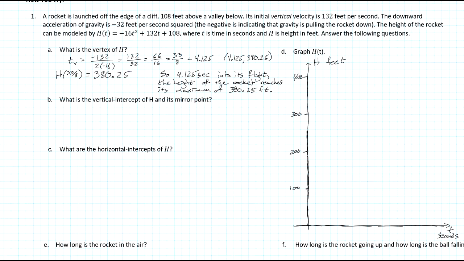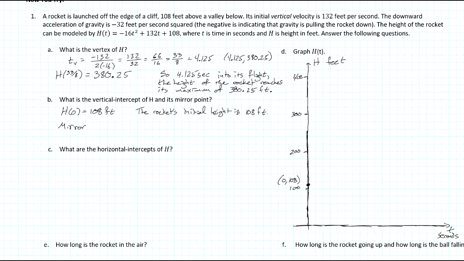The vertical intercept of H is going to be when we plug 0 in for time. That's going to give us 108 feet. And its mirror, let's find that. Let's mark that 0 and 108 feet. These are going by 20, so that's about here. So the rocket's initial height at launch is